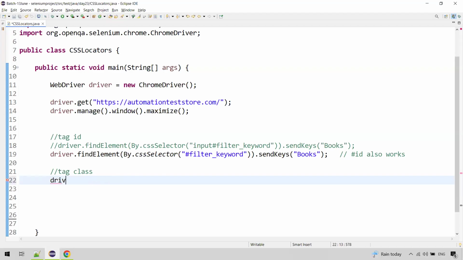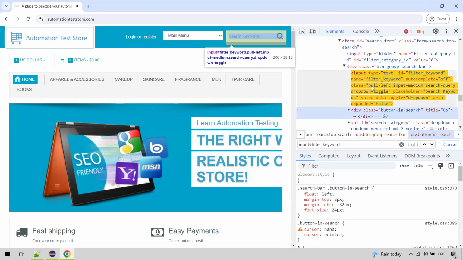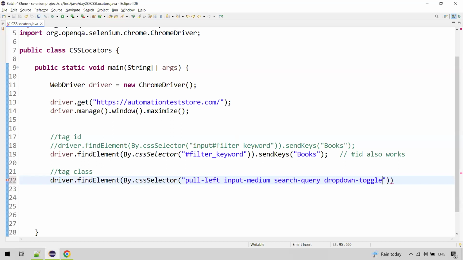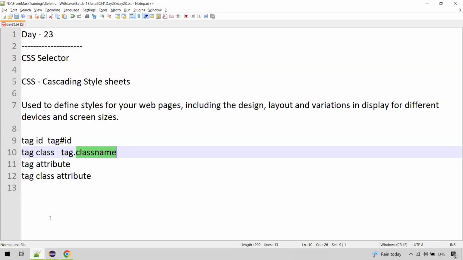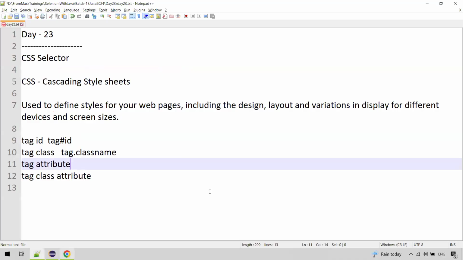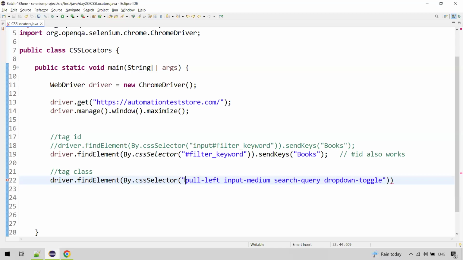Now, how do we find by class? Find element by dot CSS selector and then the class name. So what is the class name here? The class name is a bit lengthy, so copy it carefully. This is the class name. But before that, we wanted to use the tag name, right? Tag dot class name. So what is the tag? The tag is the same input, since we are taking it within the same script. So it will be input